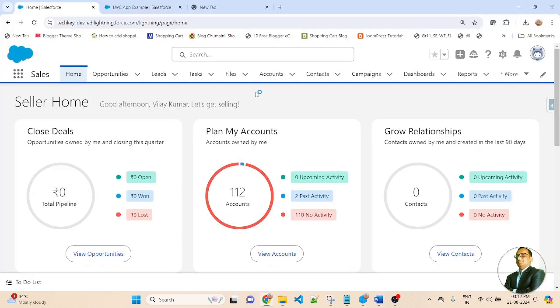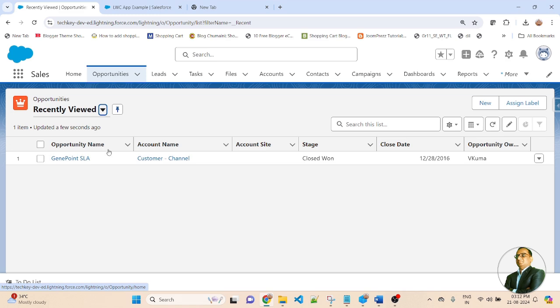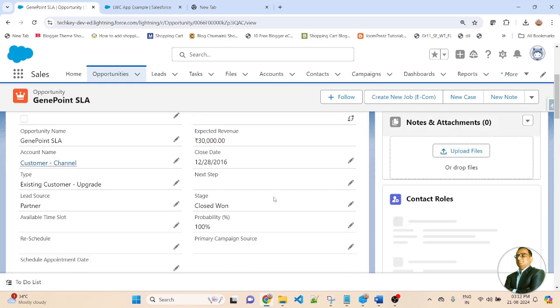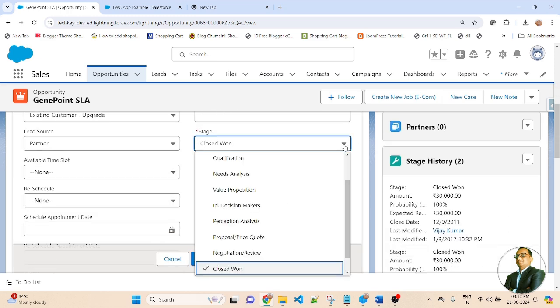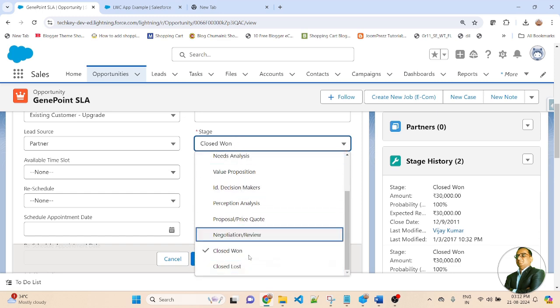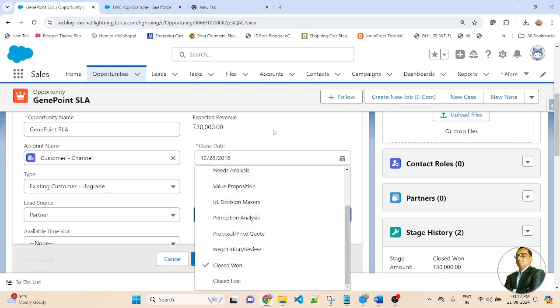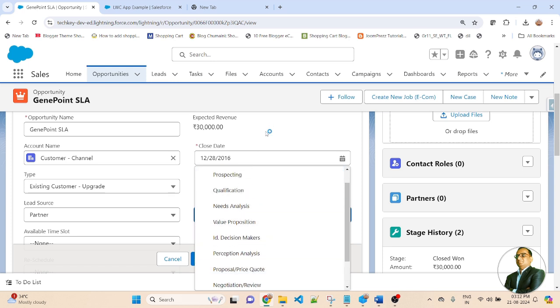So friends, this is my Salesforce developer org. In this lesson, we are learning how to fetch picklist values without an Apex class controller in the LWC component. Here we will be fetching the picklist values of the stage name of the opportunity. First select all opportunities, open the record, and here we will get the stage name. You can see stage name is a picklist field of the opportunity. All of the picklist values we will fetch and display in the LWC component without an Apex class controller.